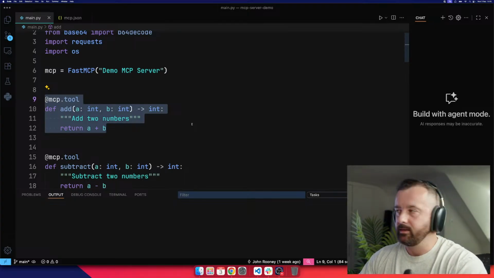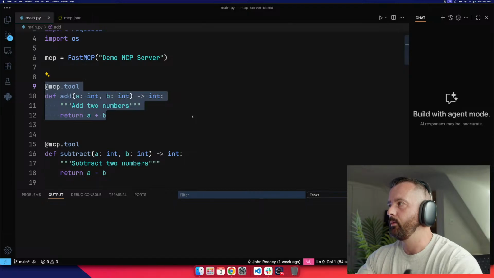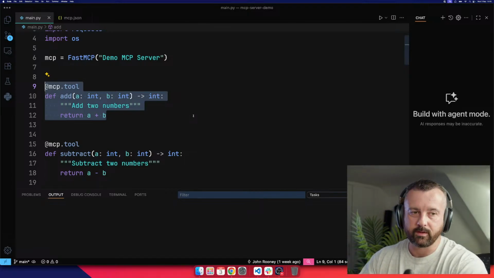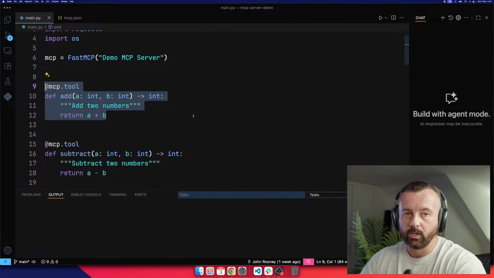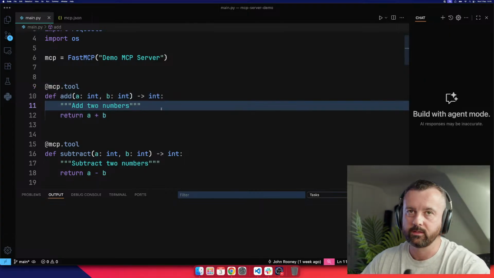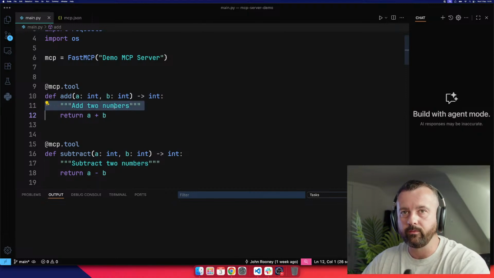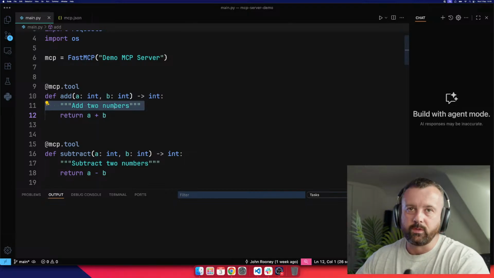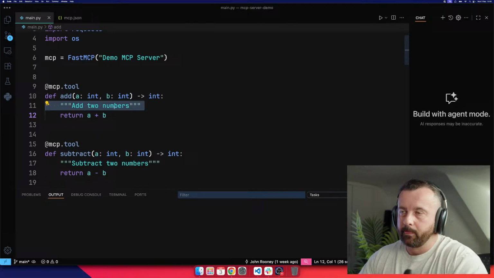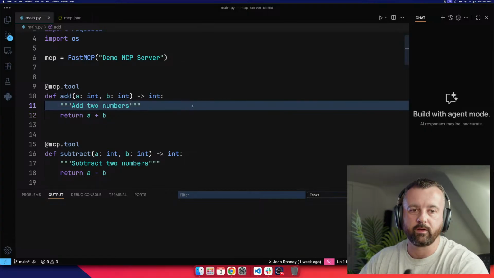So we've got the add and subtract. But it's kind of important because I want to show you how we can expand on this and how it becomes something much more. So the first one, pretty straightforward. Now, there's a few things that are important about this that you need to notice. The docstring is mandatory. If you don't have a docstring, when you run the MCP server, it will tell you, hey, there's no description here, I don't know what to do with it, because it's utilized by the AI to kind of figure out what the